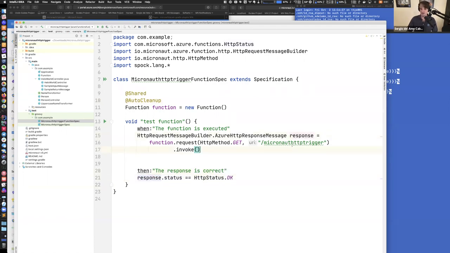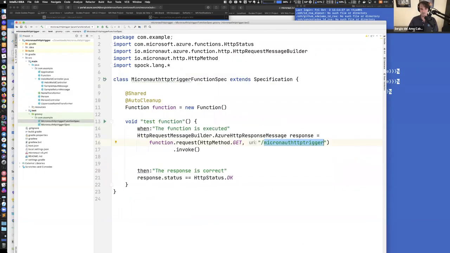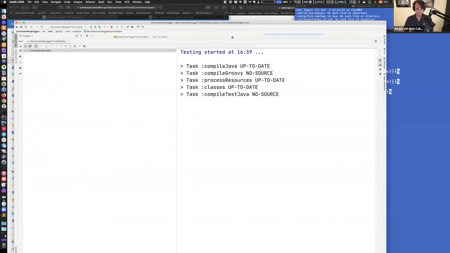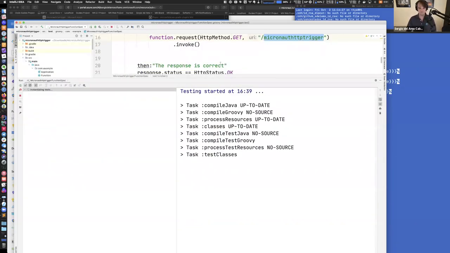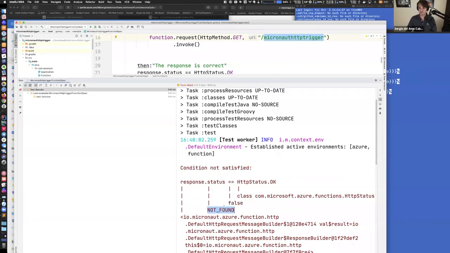So this is going to fail, right? Because I renamed the controller. So this is now called demo. If I run the test, let's see the test fail. And this is not a mock thing. This is starting the application context of the function and doing the route. So this is sending not found because it's not found in the route. So if I change this to demo,